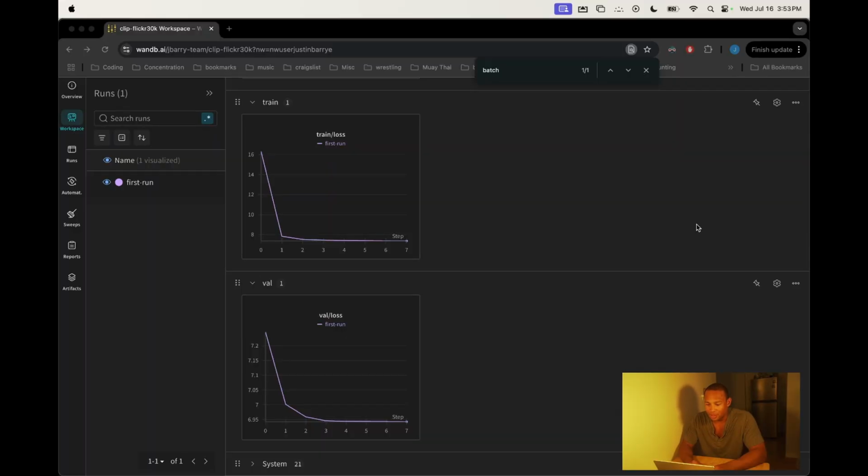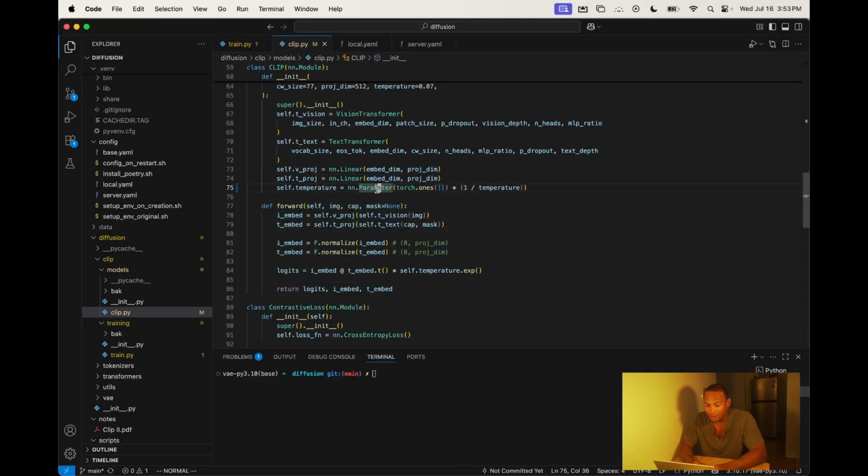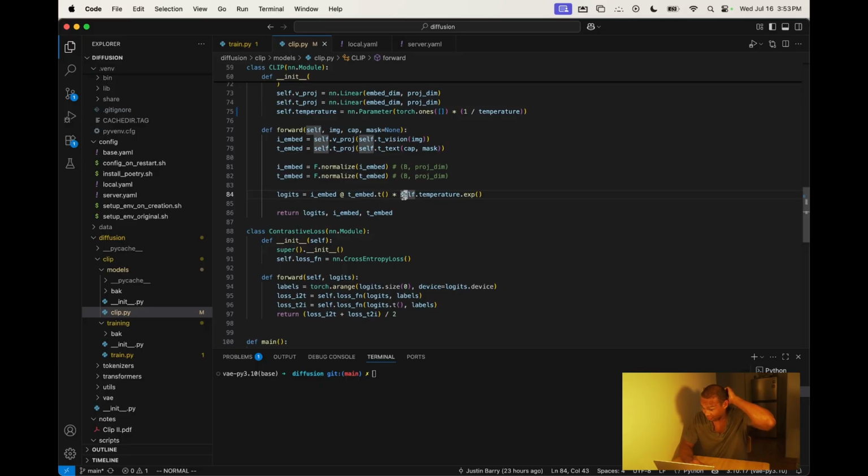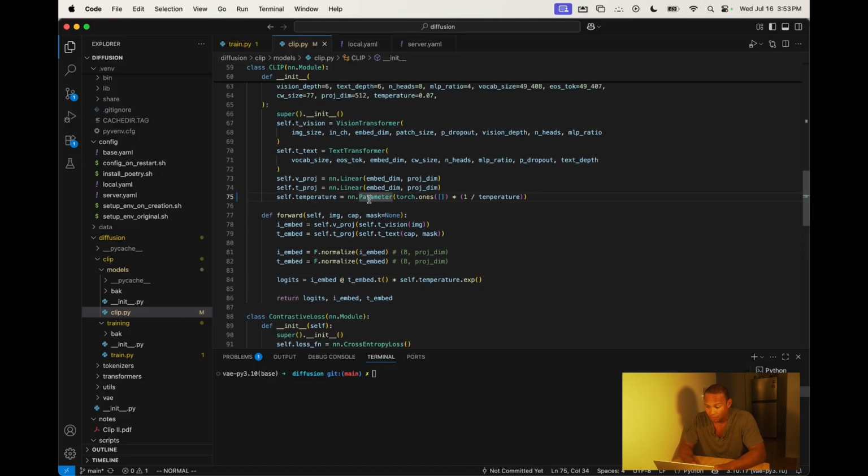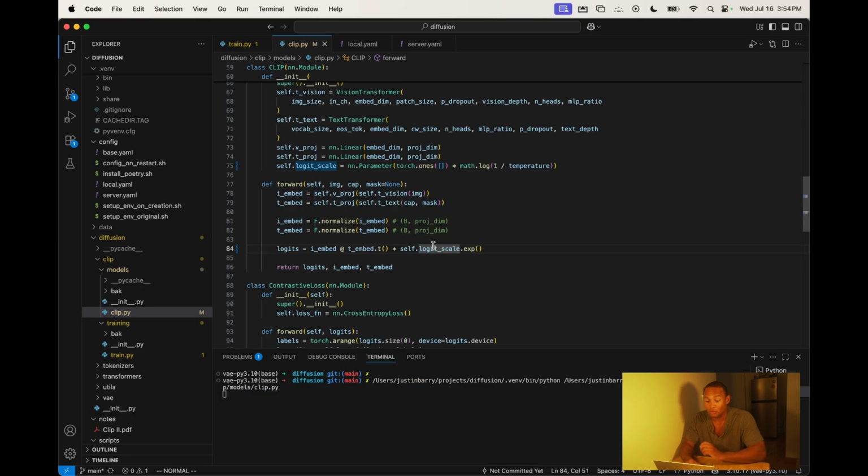So I realized I made a major mistake. This is the second time I've messed up this logit scale. I think next time I should probably open the paper and just verify as I'm doing it. But anyways, first of all, this is supposed to be math.log. I was wondering why my losses were so large. And then we'll just change this to be logit scale. The last time I forgot to exponentiate, I forgot to do e to the power of the logit scale. And this time I forgot to take the log, which changes the whole ability of the model to learn. So anyway, when we run this,